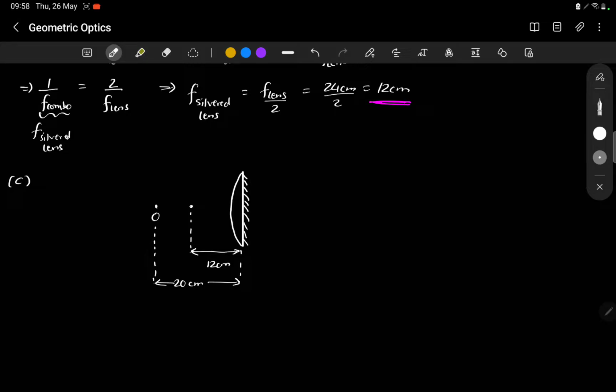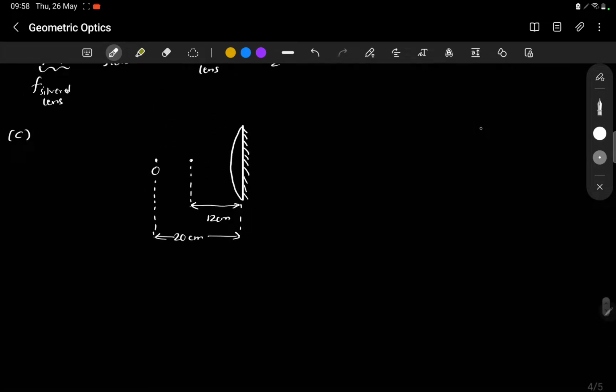So I think I should draw a magnified lens, a magnified version of this, so that the diagram is clear. So if we draw, we have an object which is beyond the focus. If a ray goes horizontally, then it will simply reflect and come back horizontally. But if a ray goes at some angle,